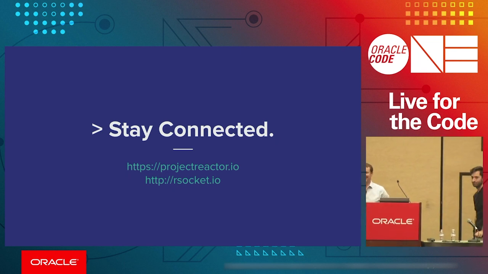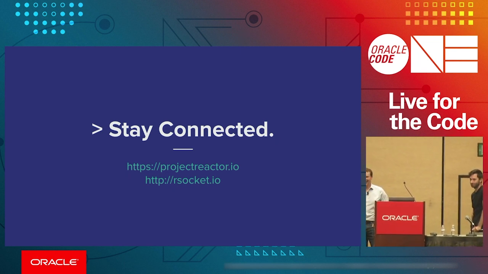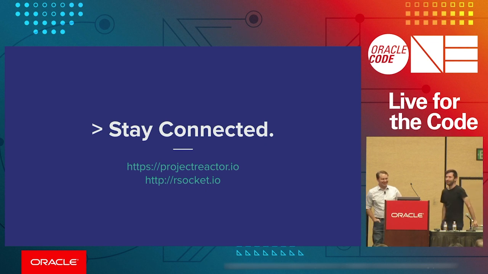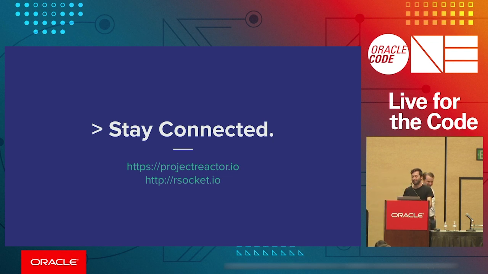Oh, a question at a microphone. Hey. Netflix has been building a lot of stuff with an older implementation of this, direct data structures. And we're moving more and more to gRPC. Can you talk a little bit about your thoughts about gRPC versus RSocket? Yeah, Stephane, do you want to take that, or shall I? So the question is, let me rephrase it the best way I can: what's the differentiator between gRPC and RSocket?